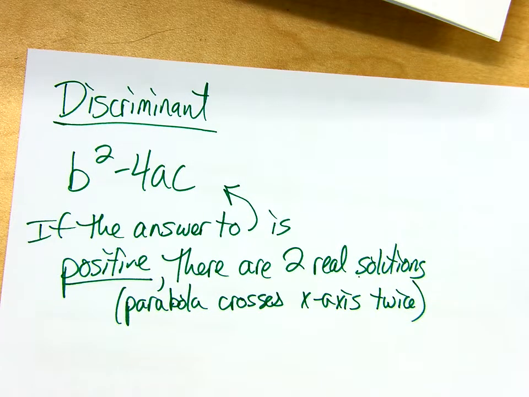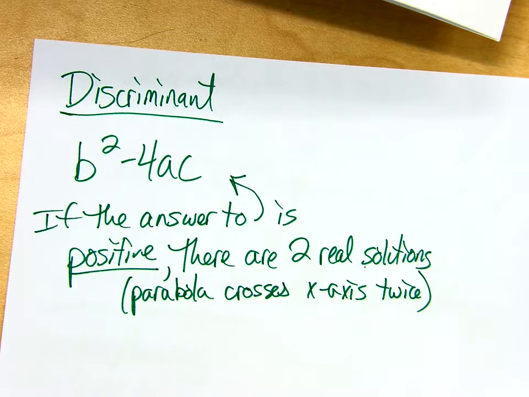So, without having to graph it, without having to do anything with all these other numbers, I just take my quadratic, I take A, B, and C out, and I do this math, and if it's any positive number, I know it's going to cross the x-axis twice. That's pretty convenient. If the answer comes out to be negative,